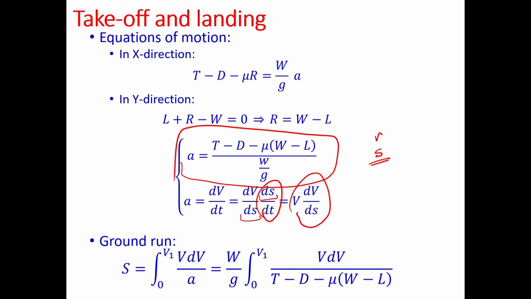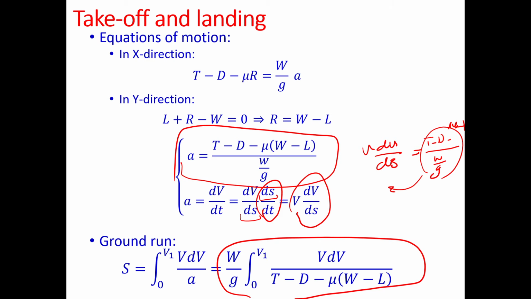So you rearrange all of these formulas. Like we have V dV over ds equals T minus D minus mu times W minus L over W over g. Right? If you move the V dV to the other side, or ds to the other side and the rest of them to this side, this is what you are going to get. S is going to be equal to